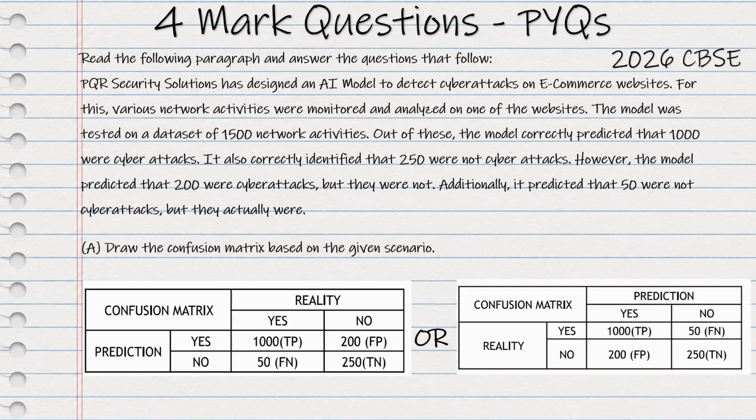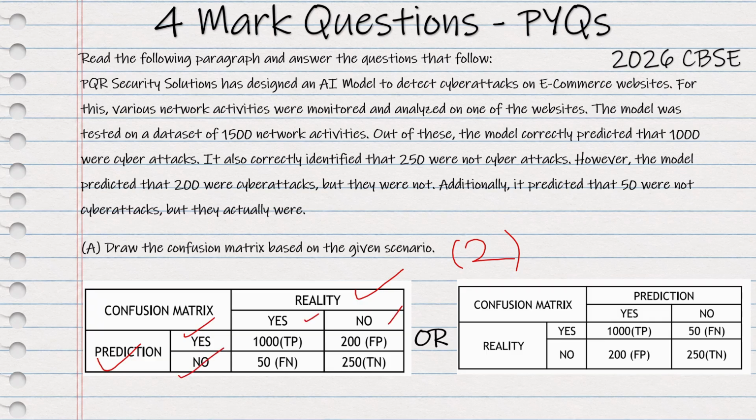So first question है draw the confusion matrix on the given scenario and this question is of 2 marks. This is a 2 marker question and for this we will draw the confusion matrix. आप confusion matrix draw करने के लिए येस नो कॉलम लेंगे। इट डिपेंड्स कि आप प्रिडिक्शन यहाँ ले रहे हैं या रियलिटी यहाँ ले रहे हैं, उसके अकॉर्डिंग आपका कंफ्यूजन मैट्रिक्स टेबल चेंज हो जाएगा। तो आपने येस प्रिडिक्शन और नो प्रिडिक्शन सेम ली।